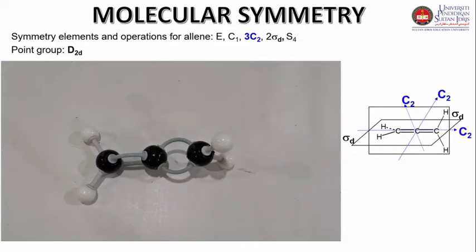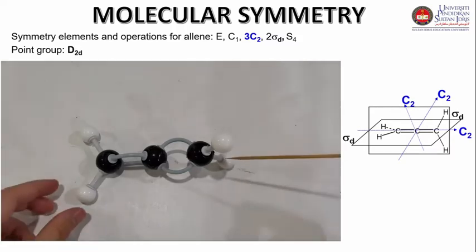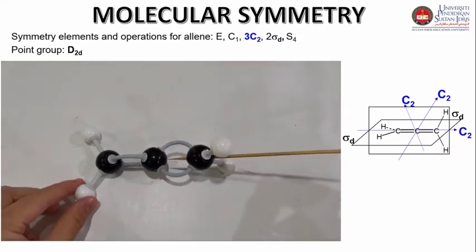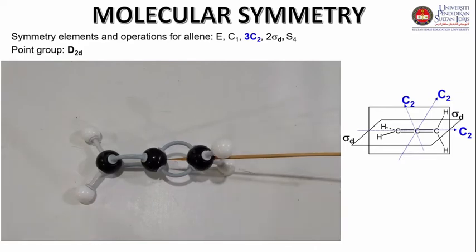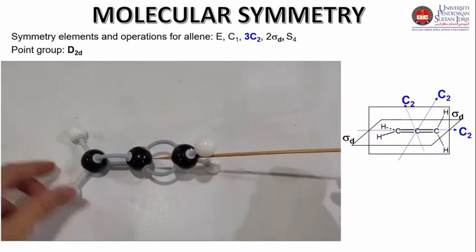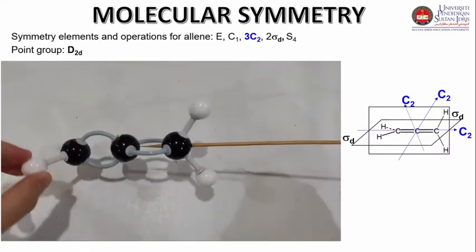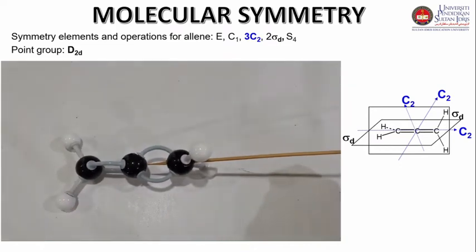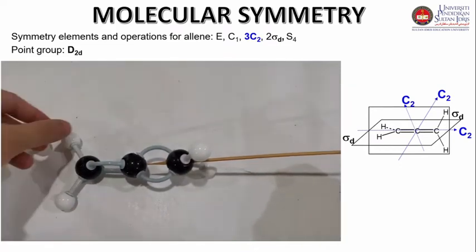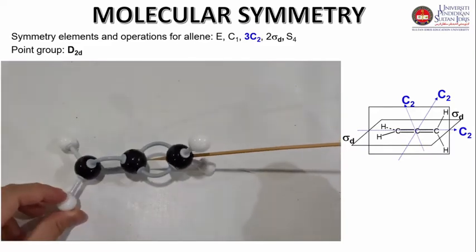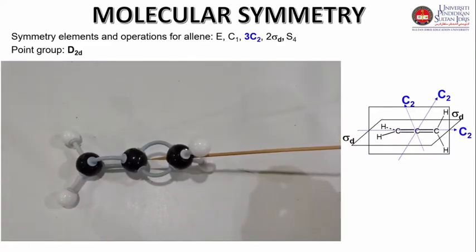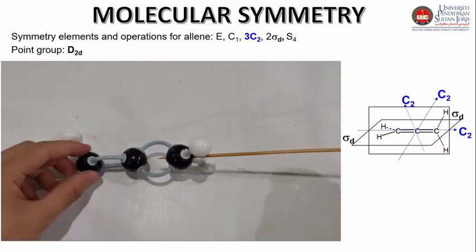Now guys, we check the number of symmetry operations. Firstly we check the number of symmetry operations, then we check the horizontal and dihedral planes. So for the C2 axis, this is the C2 axis. If we pass through this carbon and we rotate the molecule through an angle of 180 degrees, we can get an equivalent configuration. You can clearly see that after the rotation of 180 degrees, we have a similar configuration, meaning an equivalent configuration. So there is existence of C2 along this axis.